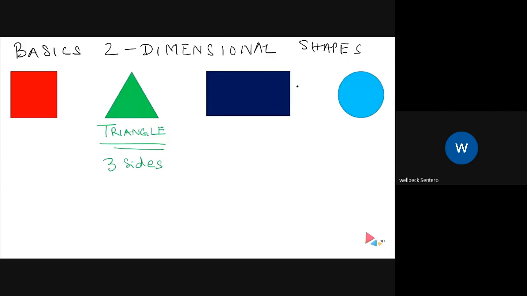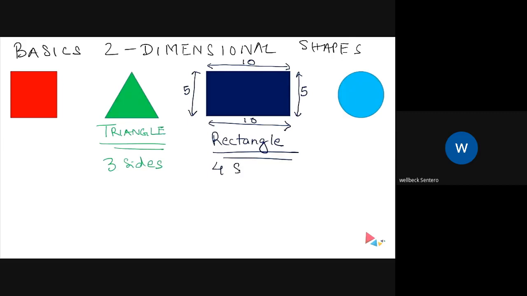Then we will see this figure mentioned here. Now, in this figure, what you will see is the length of this side and the length of this side are equal, and the length of this side and this side are equal, right? So if I call this as 5 units, then this is also 5 units, and say this is, if it's 10 units, this is also 10 units. In such case, if you see a figure like this, it's a rectangle, right? So rectangle has 4 sides, and its opposite